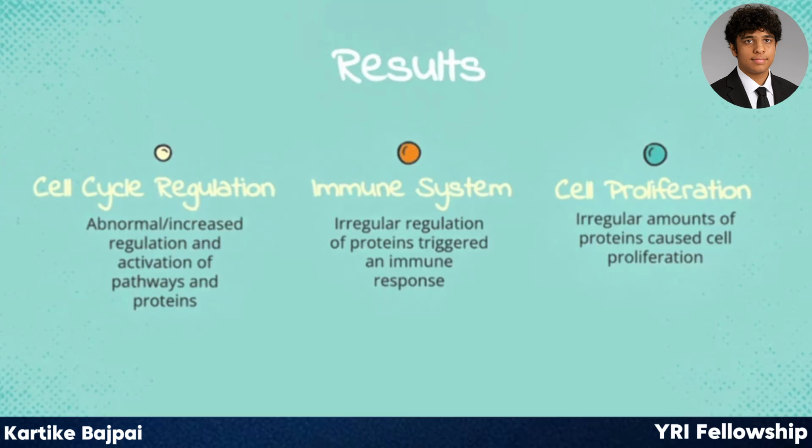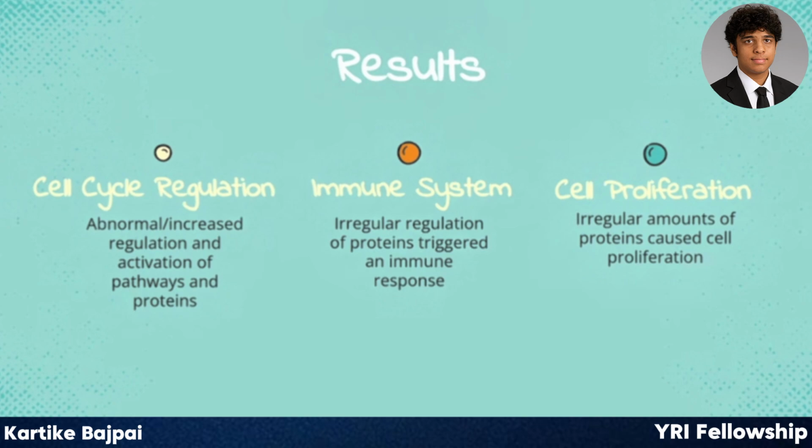So some results that I found: these are some pathways related to the genes and their functions. Cell cycle regulation, immune system, and cell proliferation. Many genes were found to have abnormal regulation and a function that was linked to breast cancer. In normal cells, pathways controlling growth, repair, and death are tightly regulated. However, in cancer, these pathways are often overactivated or deregulated, and this basically drives cell